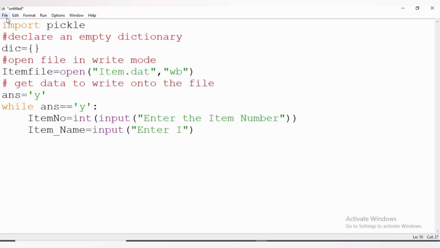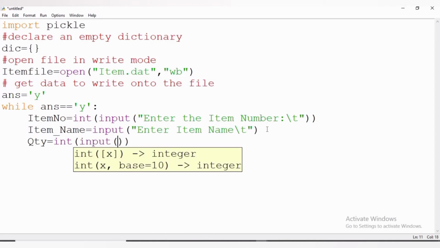Now we want to get data for quantity also. For that we have to write quantity is equal to int input enter quantity \t. Here quantity is the number of items, which is again an integer.